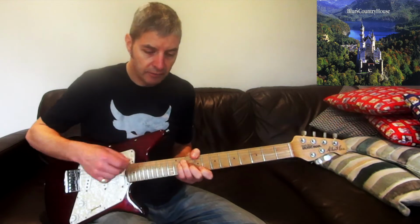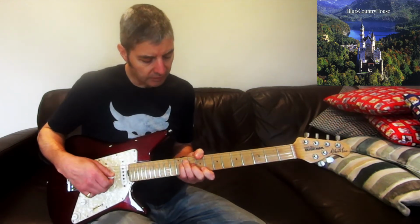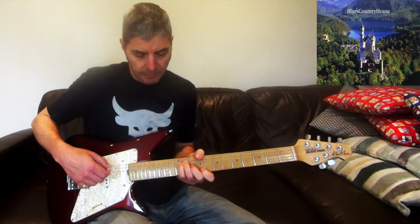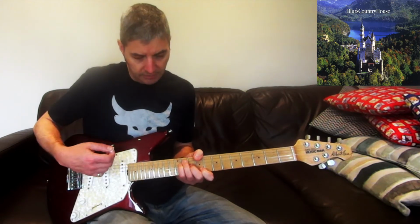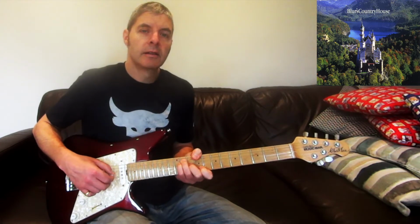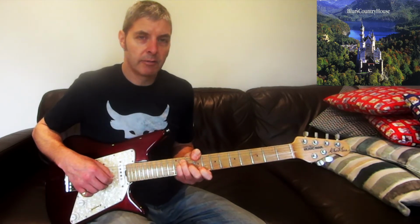And then there's another fill. Now this fill is, the timing of this is a bit strange. What you've got to do is play the standard pattern on the chord we're doing like this, and then play another strum on the chord,